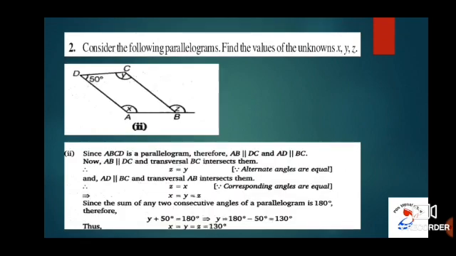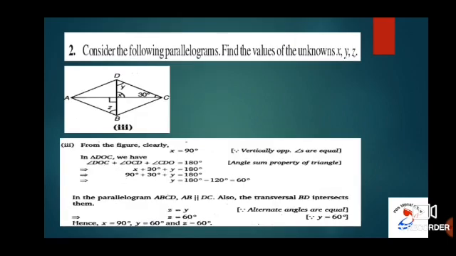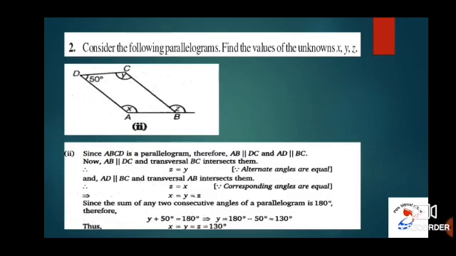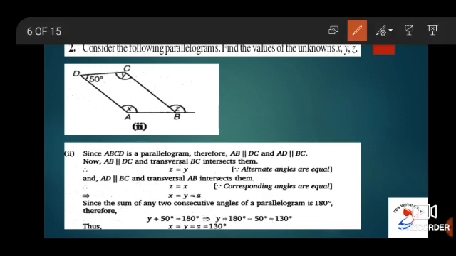Now, subdivision 2 of second problem, it is a parallelogram. You have to find out the unknown values of x, y and z. So, here ABCD is a parallelogram. Therefore, you can say AB is parallel to DC and AD is also parallel to BC. As AB and DC are parallel to one another, there is a transversal, that is BC here. It is going to intersect it. Then you can conclude the value for Z is equal to Y because Z and Y are alternate angles.